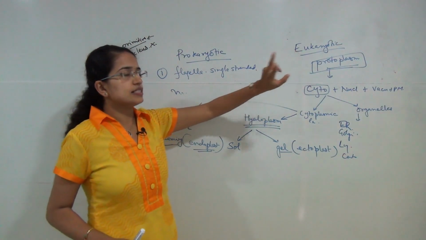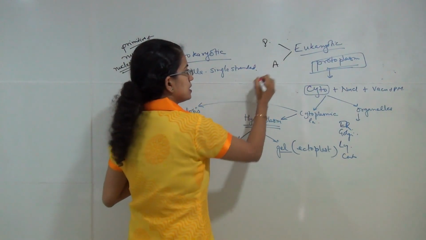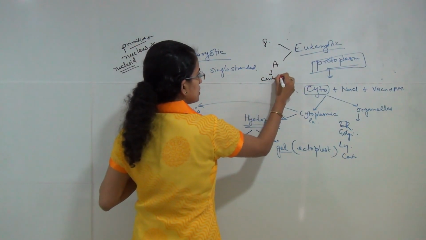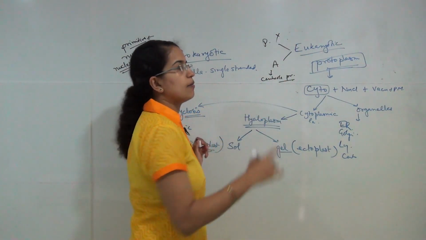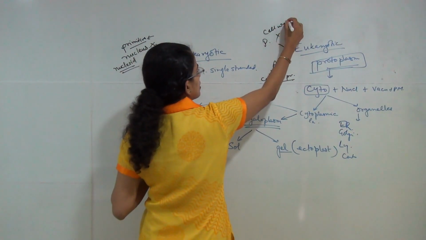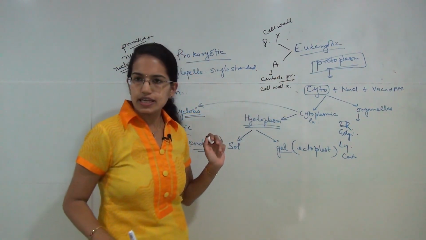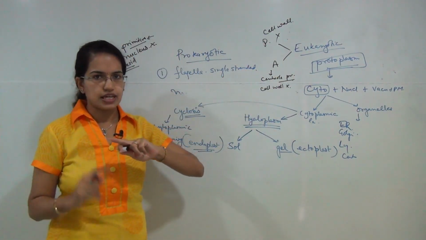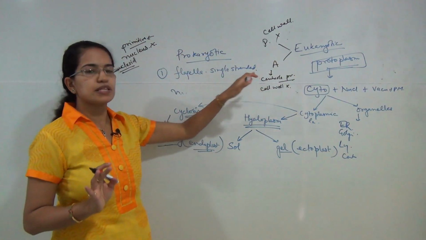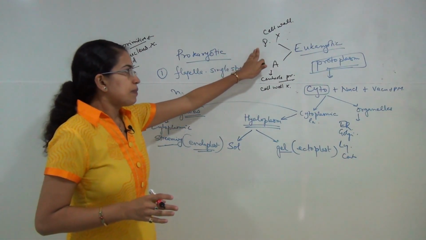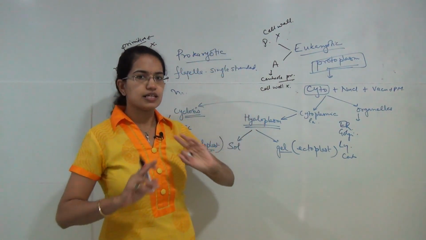Now, eukaryotic cells can be of two types. They can be either plant cells or animal cells. Under animal cells, you would have centriole that is present. However, this centriole is absent in case of plant cell, but the plant cell would have cell wall, and this cell wall would be absent in case of animal cell. So under animal cell, you do not have any cell wall. Plant cells will have the cell wall. Animal cells have the centrioles, which would help in the astral pole formation. Plant cell will have no centrioles. So we would talk about plant cell and animal cell in a separate class.